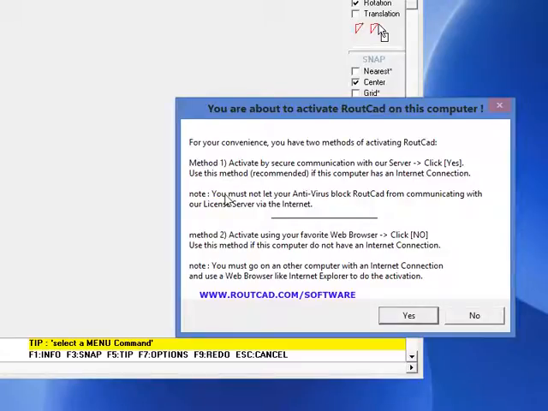In this video, we will see how to activate RouteCAD on our computer. We have already installed RouteCAD on this machine and we are running the software for the very first time. We also have obtained and purchased a license, so we have a valid user number and ID, so we are ready to activate